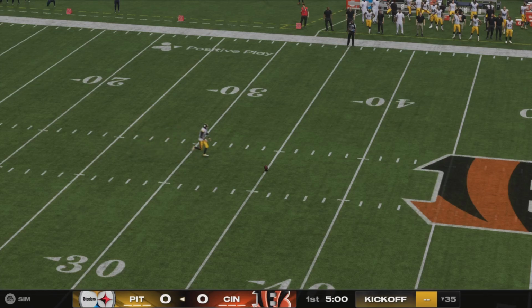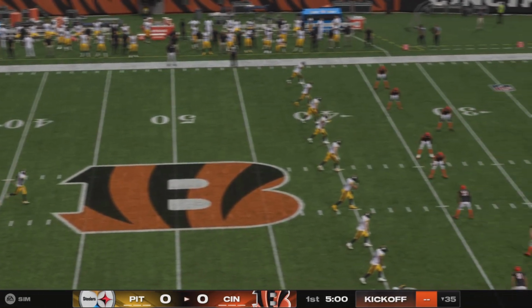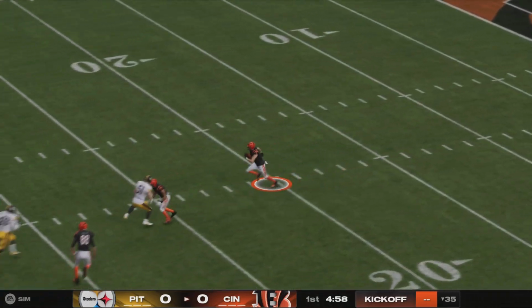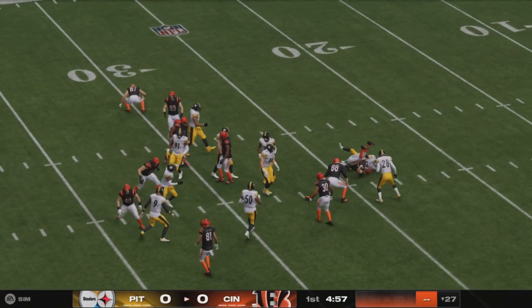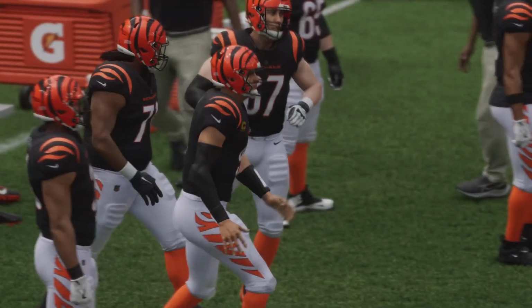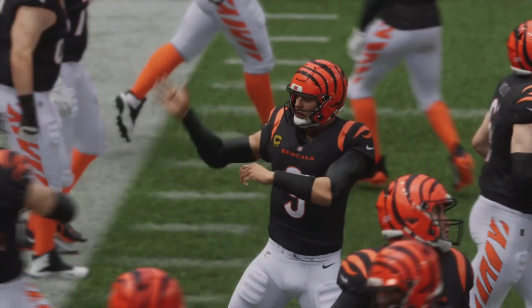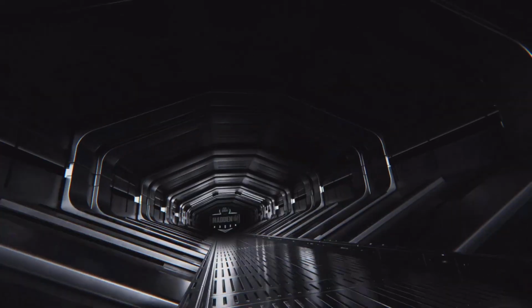On to get us started now, the kicker, Chris Boswell. And we are underway from Cincinnati. And they'll get him down inside the 30 at the 27. And the Bengals make their way out on offense for the first time, led by their fifth-year quarterback out of